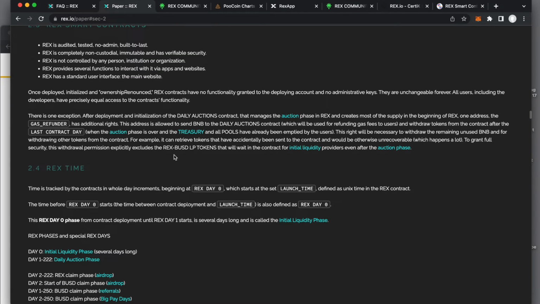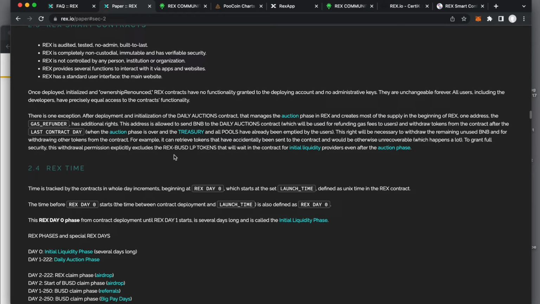Okay, so next in our tour of the white paper: once deployed, initialized, and ownership renounced, the REX contract has no functionality granted to the deploying account and no administrative keys. They are unchangeable forever. All users, including the developers, have precisely equal access to the contract's functionality. There is one exception. After the deployment and initialization of the daily auctions contract that manages the auction phase in